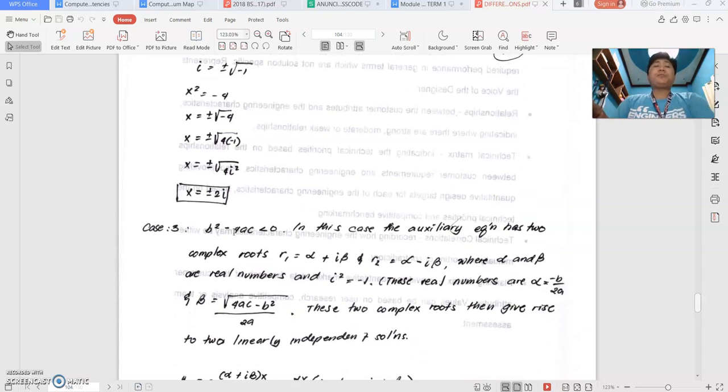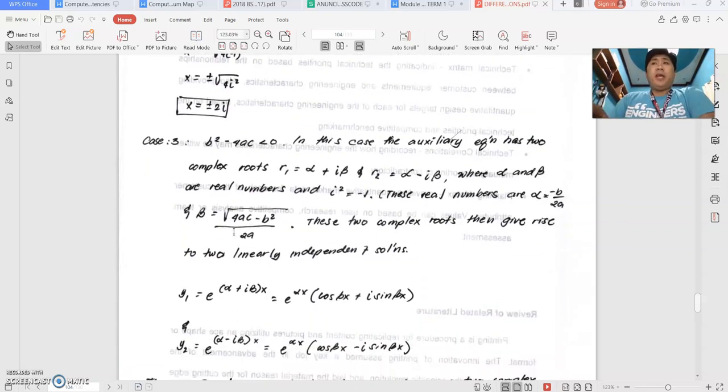Okay. So now, on case number 3. In case number 1, how do we identify that the given equation has distinct roots? You will use b squared minus 4ac, which should be greater than 0. In that case, you will say that the given equation has distinct roots. If b squared minus 4ac is equal to 0, then that is repeated roots. In case number 3,